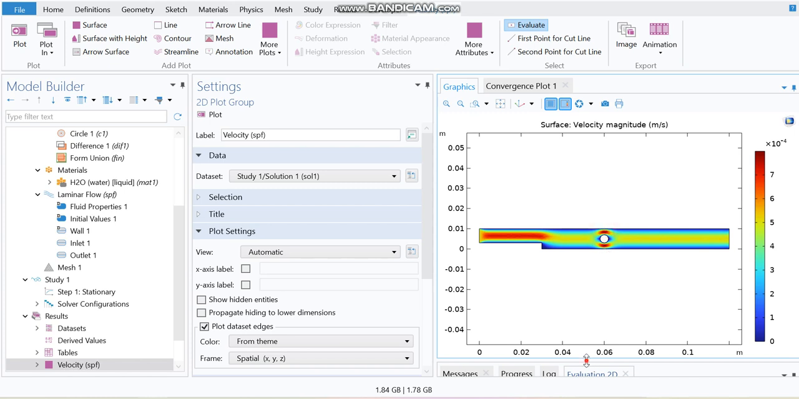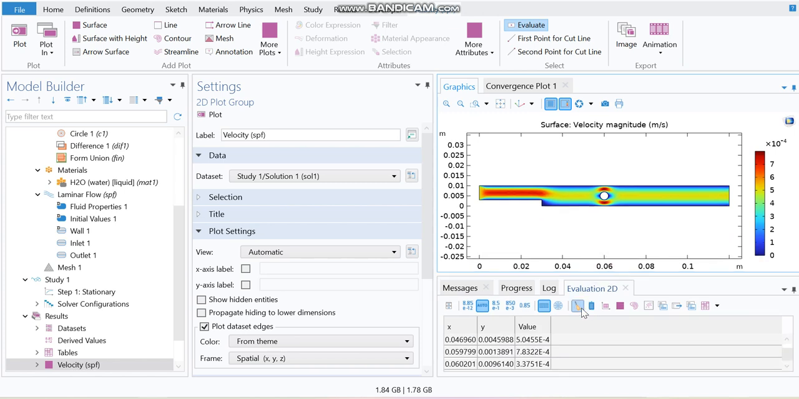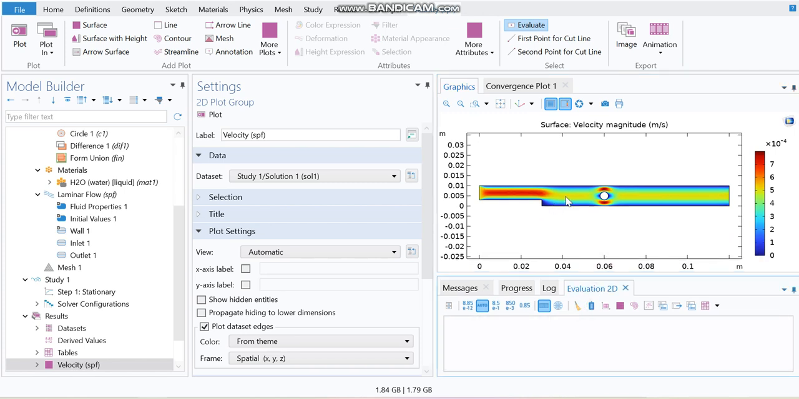So if you want to see what is the velocity at any point, just click at any point here. This will give me what is the position xy and what is the value of the velocity. Okay, now